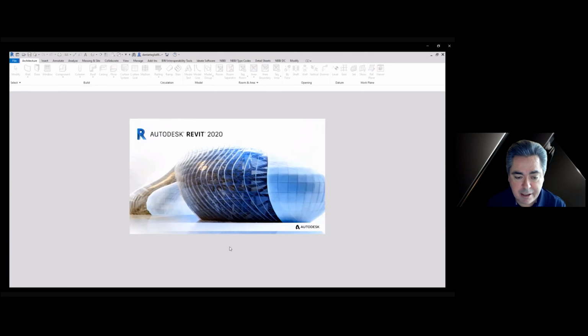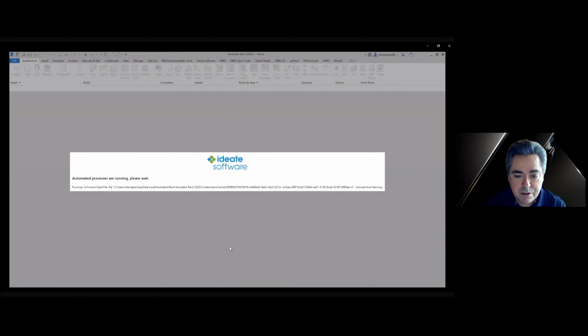So it's launching Revit right now. First thing it's going to do is export all the warnings while the file is opening.